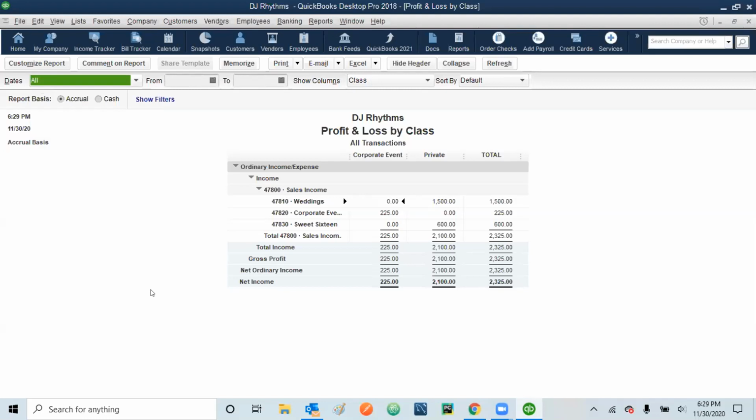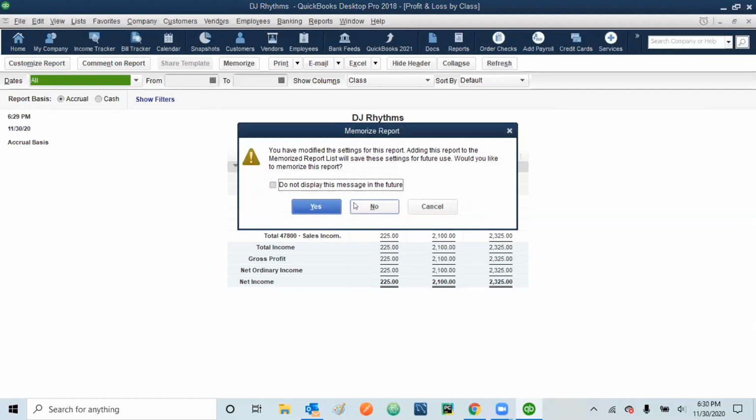But let's say if you're working in a real company, all will give you the numbers from the past as well. So always remember, try to make it customize and then select the dates from which date to which date. That will give you the right numbers, or you can say the right desired information. So yeah, we have done this thing. Now the next part is we are updating. I don't want to save any reports here, so I'm selecting no.